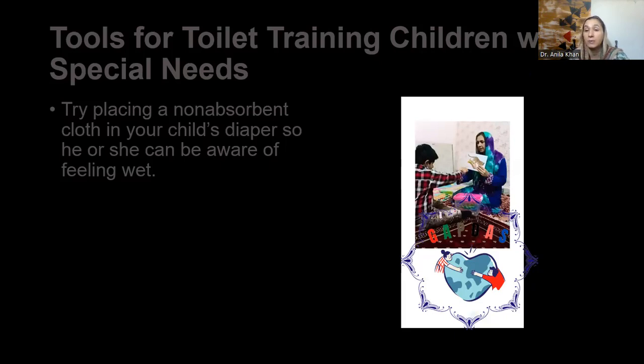If the child is not able to feel wet, it may be because the diaper material has a lot of cotton, or maybe a polyester mix. It absorbs the water, so the child doesn't get the idea that they are wet or dry. So if you want your child to get the idea whether he or she is wet or dry, just place